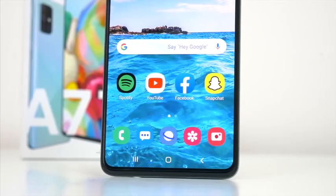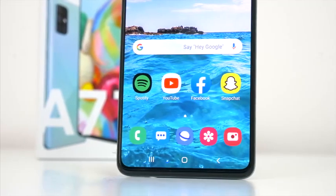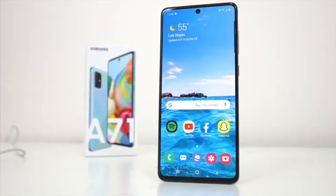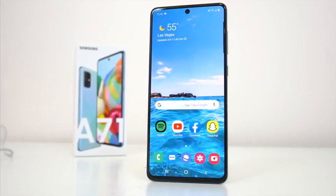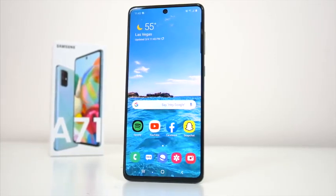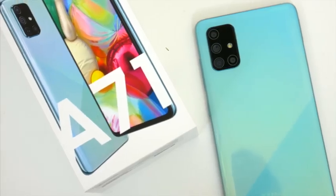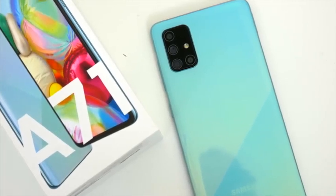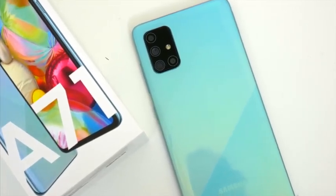With the popularity of Samsung's A-series phones in general, and especially with their huge success here in the US last year, I suspect a lot of folks will be looking at this device for their next phone as it becomes more available. And also, given the crazy prices for the S20 line, I'm sure a lot of people are looking for some different phone options that don't have them spending well over $1,000, and this is an